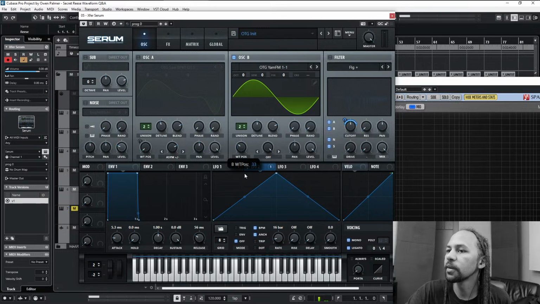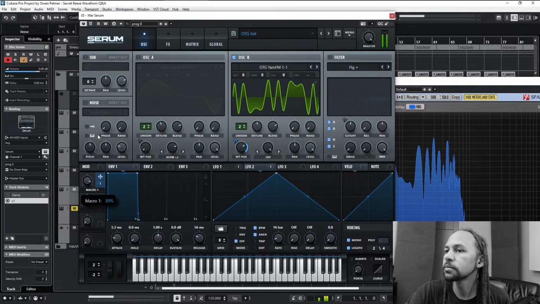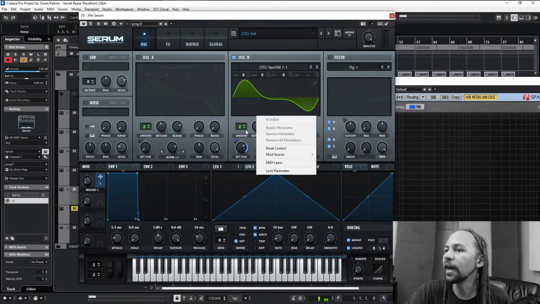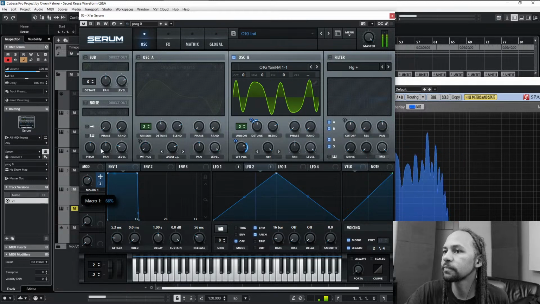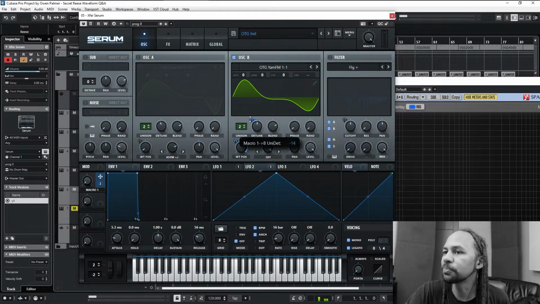So what we could do, for example, get this in a nice range, something like 70, and then use a macro to do the rest of the range. I would like less detune on that, so I could use the macro to reduce the detune amount as the wavetable position comes up, because I don't think the detune sounds right when the FM amount is higher. Yeah, I like that. I mean, it could have some tweaks, but